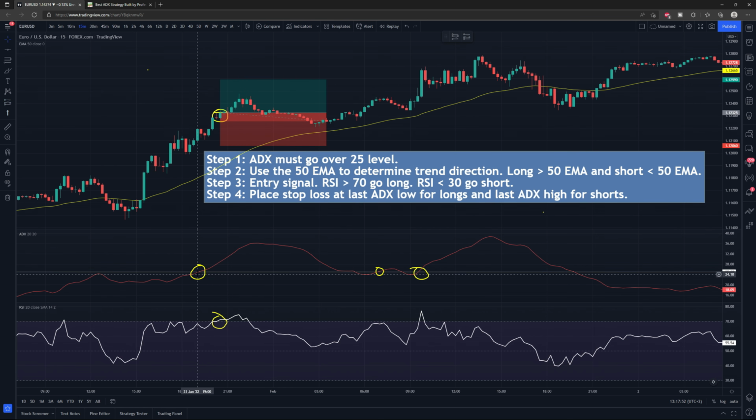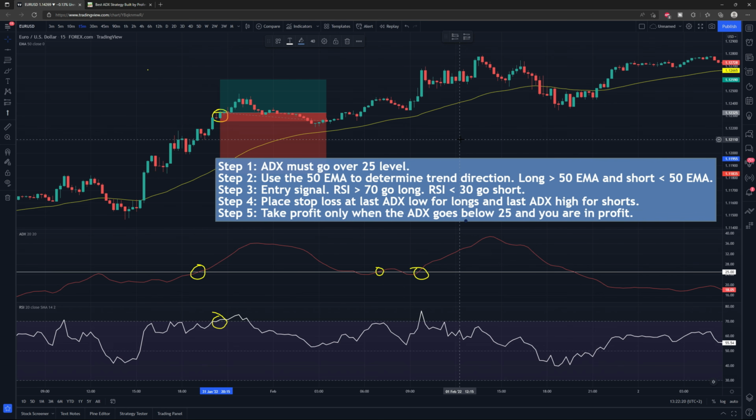The last ADX low, if we look back, was right here before it turned to the upside. So if we look at that candle, it's going to be this candle, which will be where the stop loss is placed, just below that candle. So there's your stop loss placement. The fifth and final step is to take profit only when the ADX goes below 25 and you are in profit. So if we take a look at the ADX here, it goes back below the 25 level on this